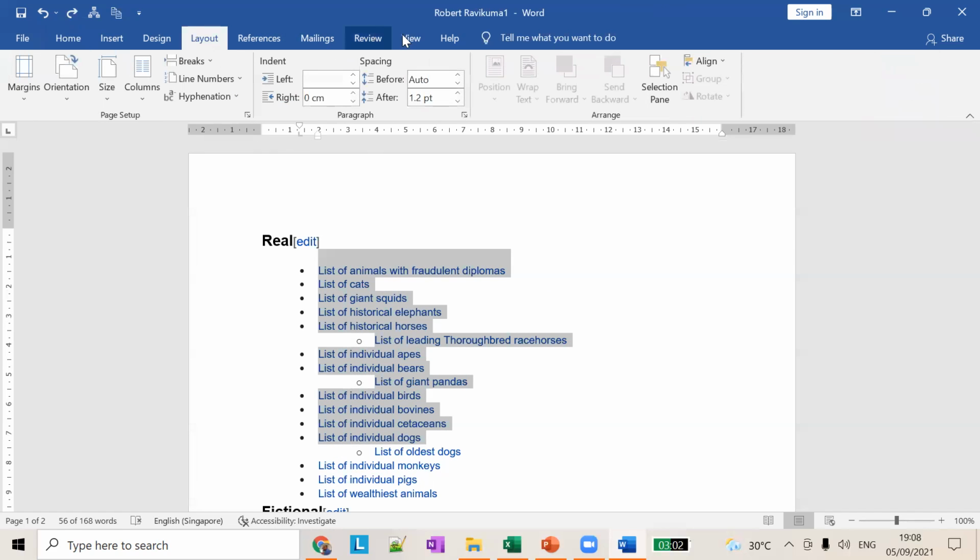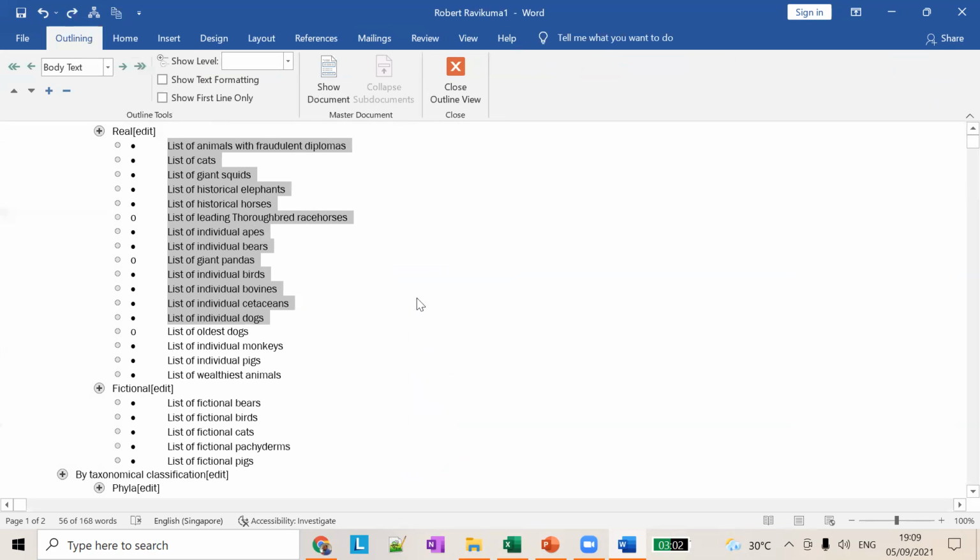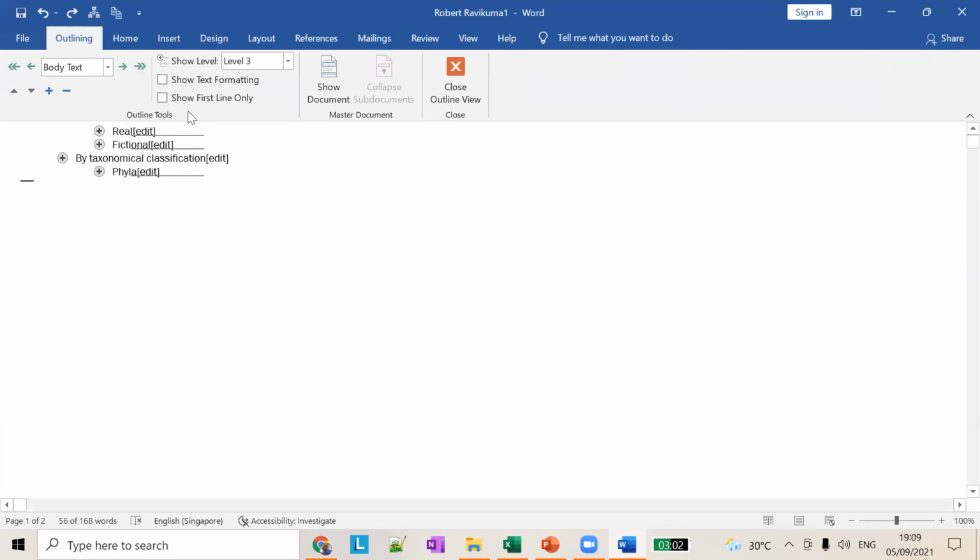When you go to outline view, it will be more clear. It will give the detailed levels. You can filter all the levels also. So if you say level 3, it will always show only